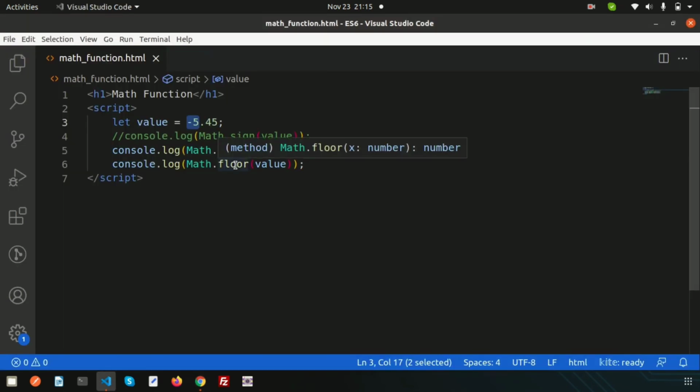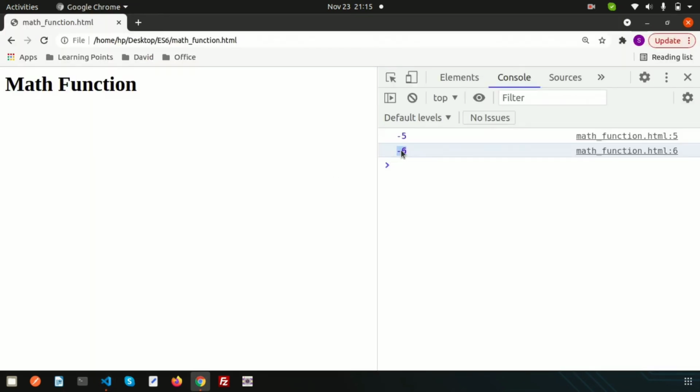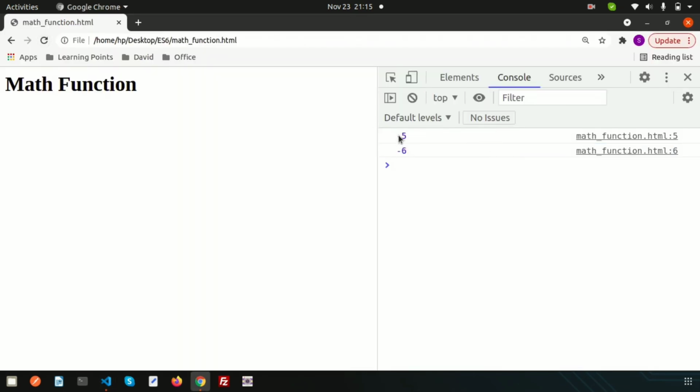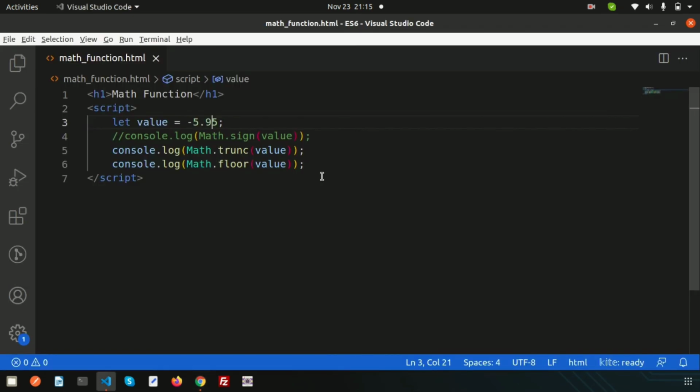But floor always takes the smallest number, right? So -6 is the smaller value than -5.45. And if I do it this way, still it gives the same output, right? So that is basically the difference between the floor and truncate functions.